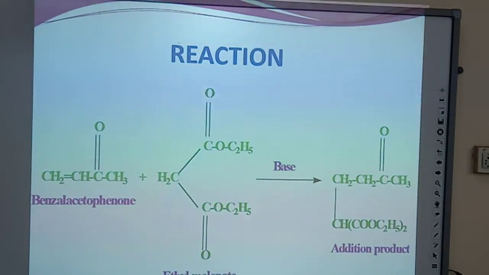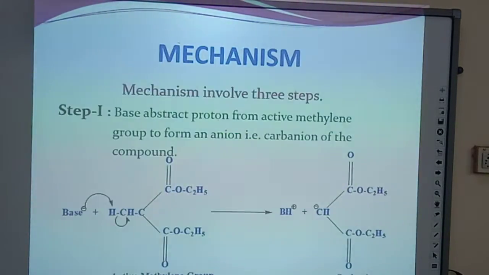So this is one of the reactions for the Michael addition reaction. In the reaction, the alpha beta unsaturated carbonyl compound is reacting with an active methylene compound, that is diethyl malonate, in presence of base, which just gives the addition product. And here the active methylene compound is going to add on the beta carbon, and the proton abstracted by the base is going to add on the alpha carbon of the reactant, and it gives a saturated product, that is the addition product. So let us see the mechanism for this reaction, and the mechanism involves 3 steps.